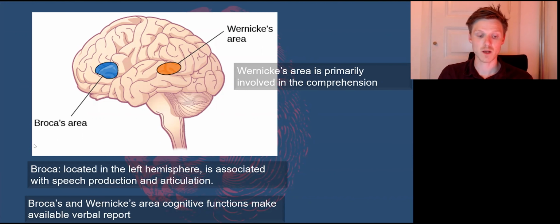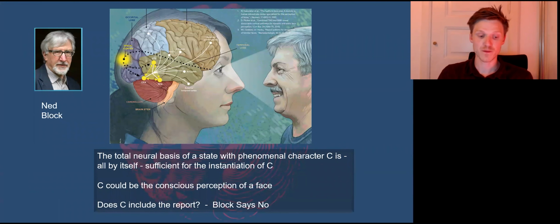And these are the main cognitive functions important for verbal report, you could say, so verbally reporting something. To explain Ned Block's position, we're going to introduce another area, which is the fusiform face area, or FFA. This area of the brain is involved in the processing of faces, and in particular familiar faces. The stimulation of the FFA will distort face perception. There's a lot of evidence here we won't go into, but importantly, as Block puts it, is the question